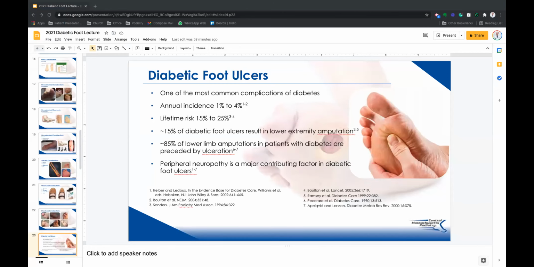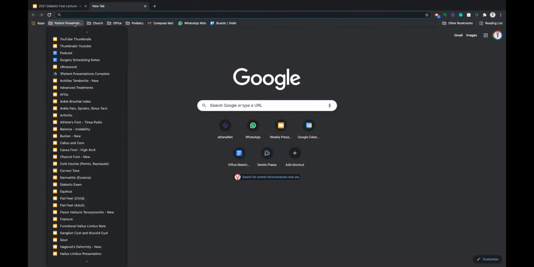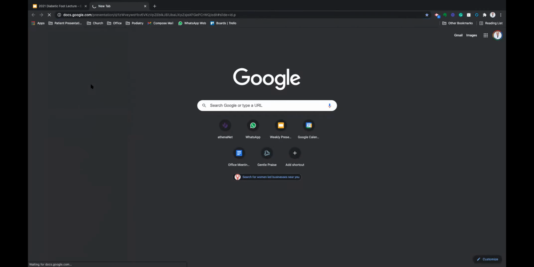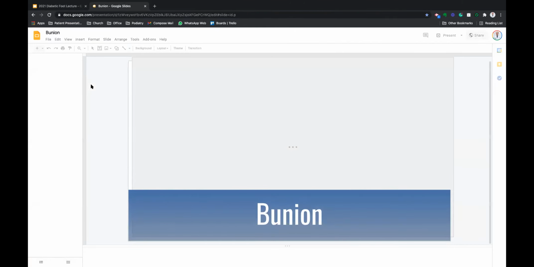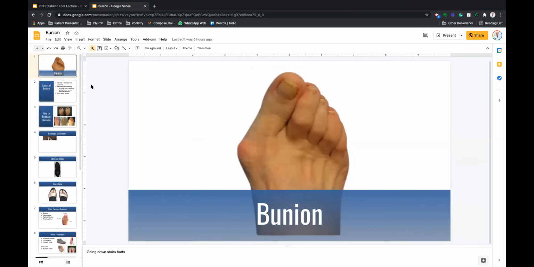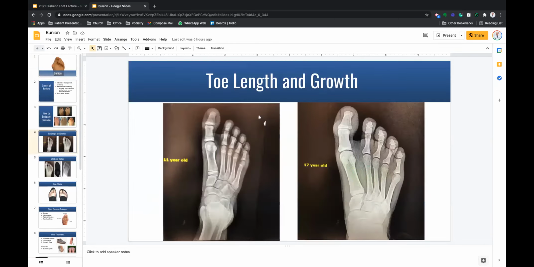Okay. So let me just show you here. In my practice, I use these Google Slides all the time. I don't know if you've heard about Google Slides, but this is what I use in my treatment rooms with my patients to explain things. So this is a bunion. I know this isn't really our topic, so I'm not going to go through the whole thing. But there's mild, moderate, and severe. And what a bunion is